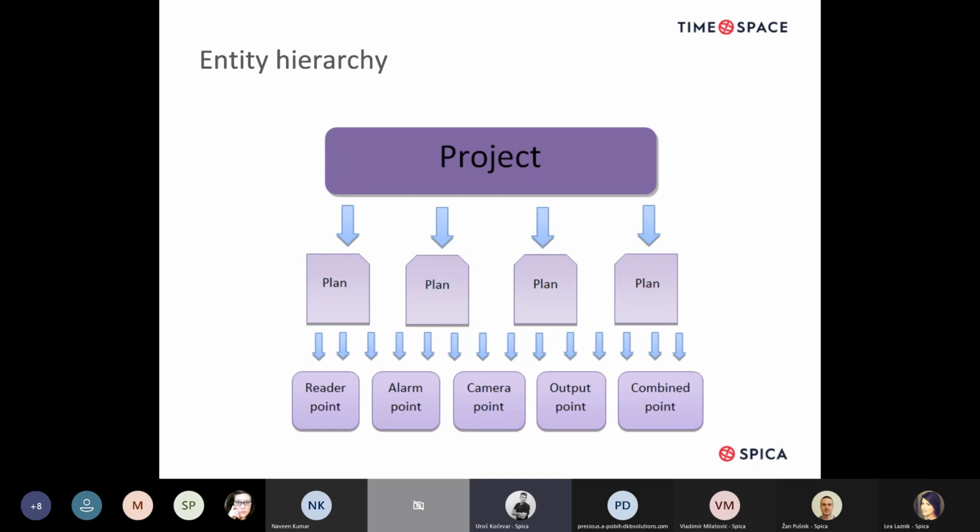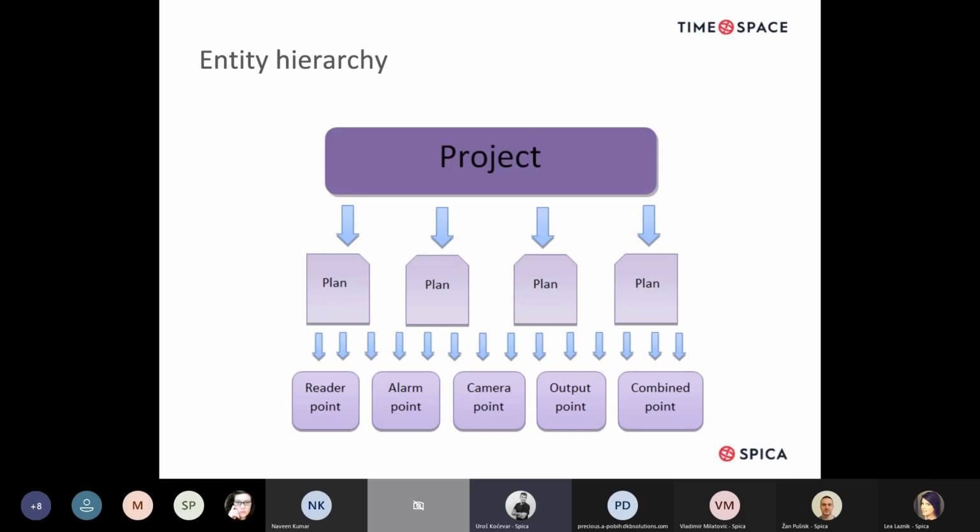When we talk about the hierarchy of the project that we built here, of course, you can have several projects in the organization, but only one project can be opened at a specific time. All this data is stored in the database. So if you have several officers, each can have their own project, or they can use the same one. And when we create a project, then we define